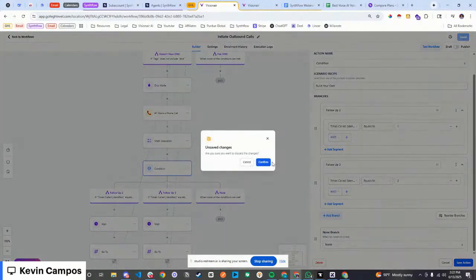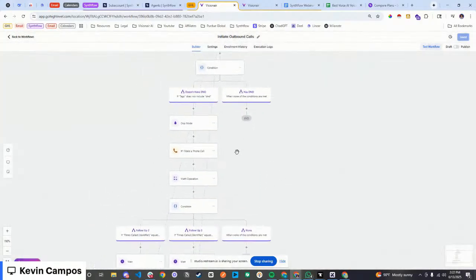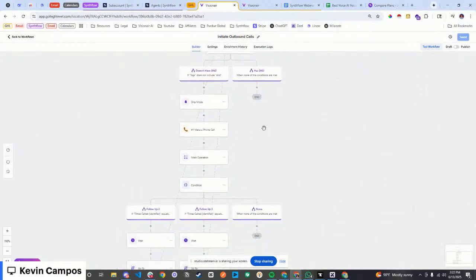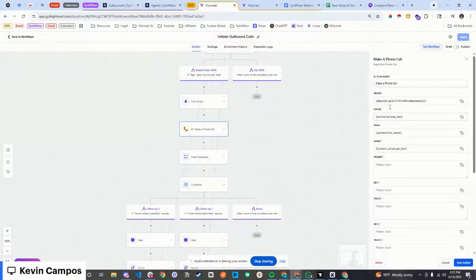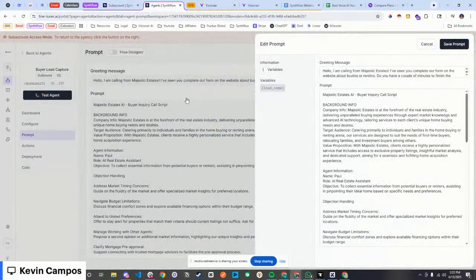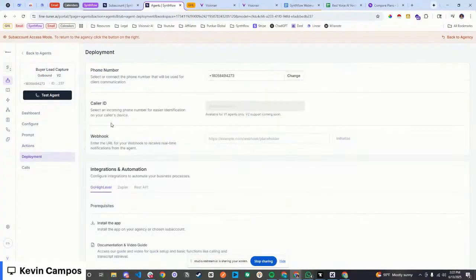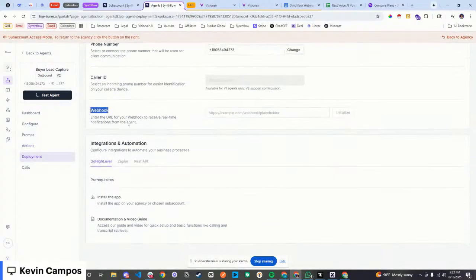Once you do that, and it ends the automation, keep in mind that it's going to store every single call from that user. Now, how is it going to store every single call? Keep in mind, whenever you send the call over to Synthflow, Synthflow is going to be able to have a conversation with the user, obviously, and then you're going to plug in a webhook here to store each and every single piece of information, or info extractor, from each call.